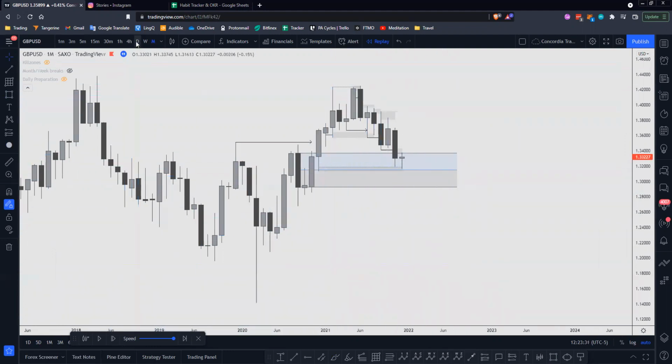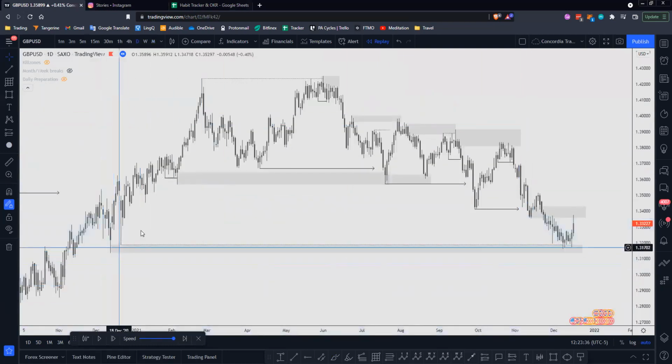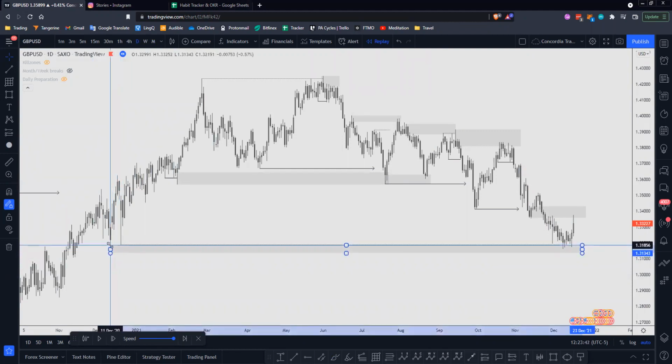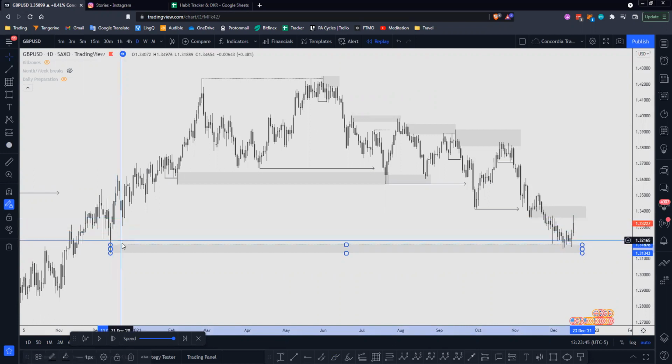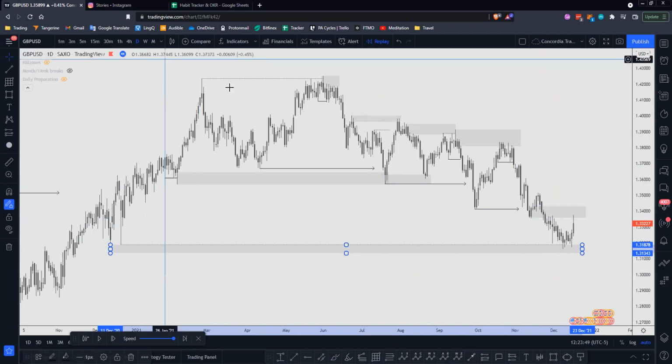But anyways, I'm getting a little carried away here. So that's why I chose right here. This wick should hold. So there's probably going to be some imbalance somewhere here. You can see it's induced right here, right? It's induced with this big wick here, which you could have assumed is going to hold. And you can see we got a nice response from there on the daily. So this was